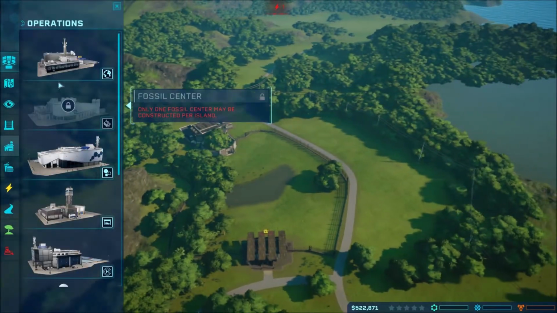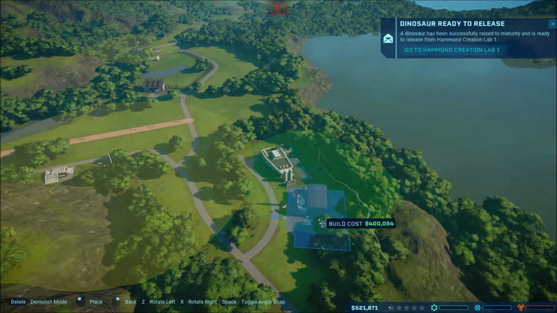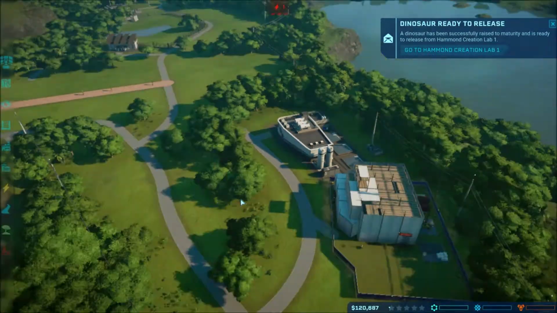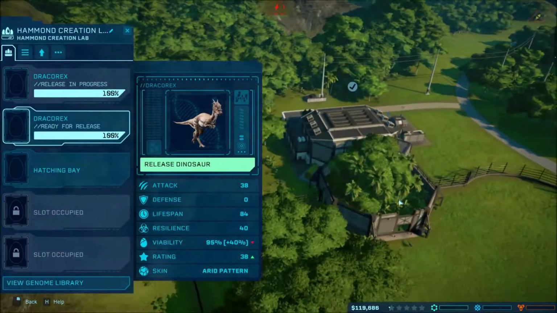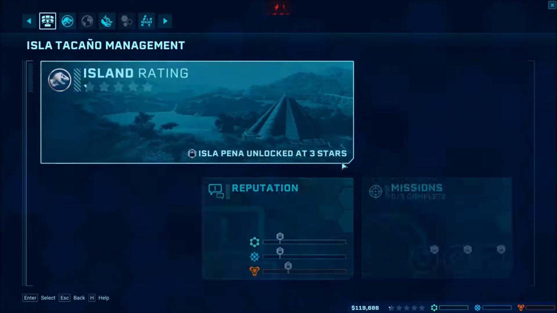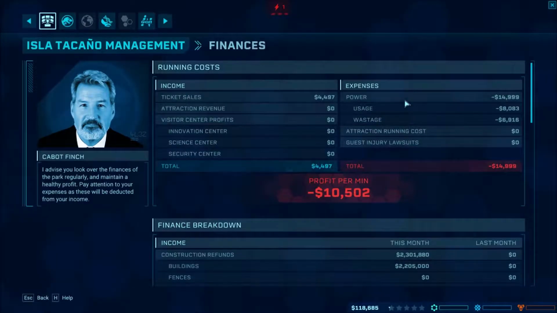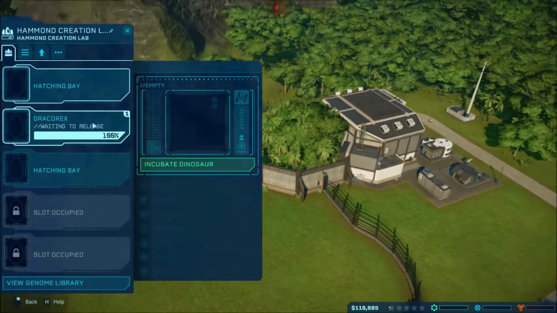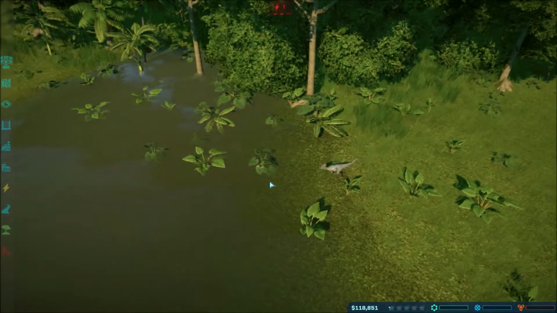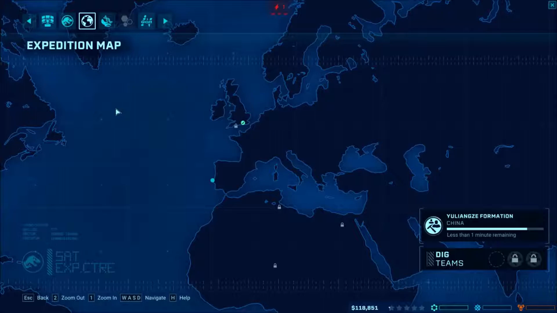Now we need an expedition center. This will be our little science wing. Are we actually making a profit now? Well, once these dinosaurs get out. Hey, no we're not. I guess I'll just have to grind some more like precious materials then. However,